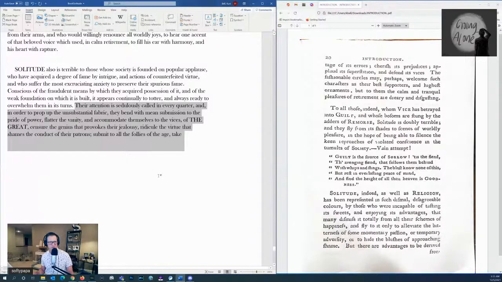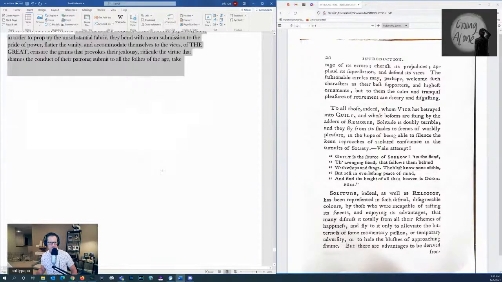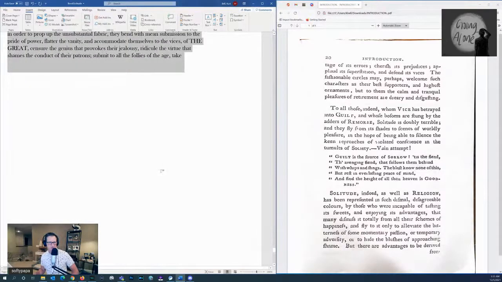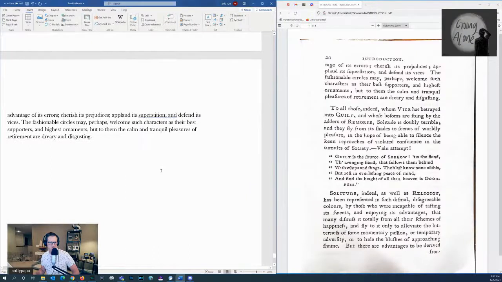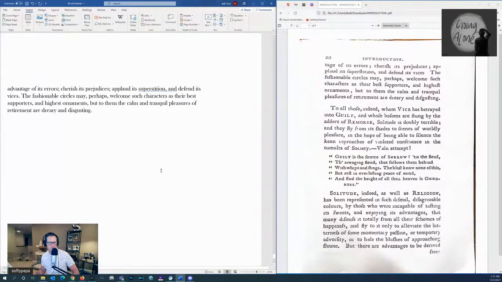So even if you are more virtuous than the wonderful person that you admire, you keep that under lock and key so that you don't shame them, and submit to all the follies of the ages, just so that you can be one of the